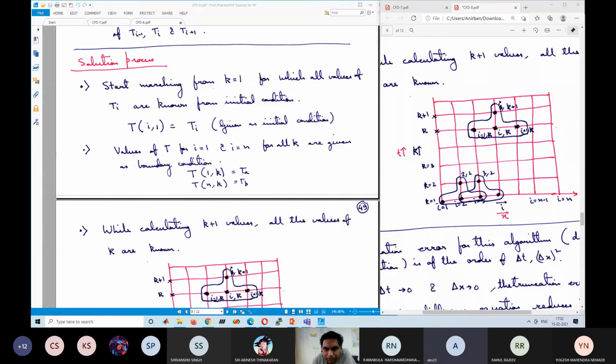Sir, first and last. Initial condition means last or only first? Initial, first value only. Can you tell the last condition of time? Means in future you cannot tell, right? That is the entire point in time marching. We have discussed also. So I cannot tell what will be the temperature at 100 seconds. I only know the temperature at the beginning. From calculation we have to find what is the temperature at 100 seconds.